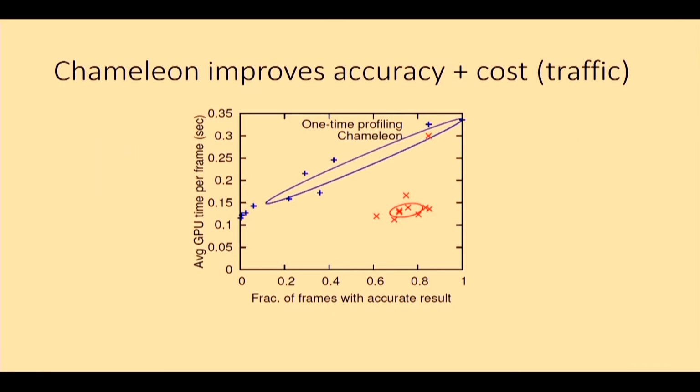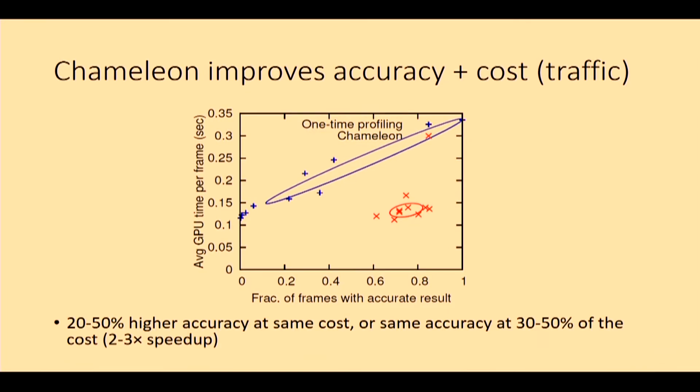Okay, so Chameleon overall improves both cost and accuracy. This is on the traffic video dataset. There are a bunch of graphs in our paper that basically look like this. I took one of them. It's comparing the one-time profiling approach, which represents prior work, with Chameleon, which is doing the periodic reprofiling and using all these ideas to cut down that profiling cost. So you can see that we're getting better accuracy, and we're maintaining cost, or reducing cost as well.